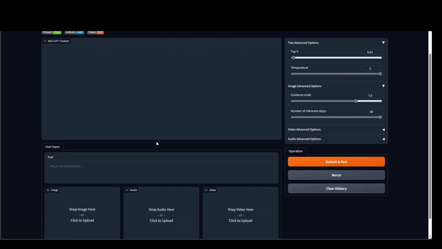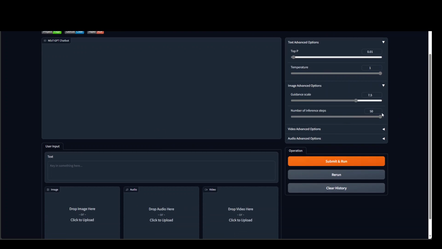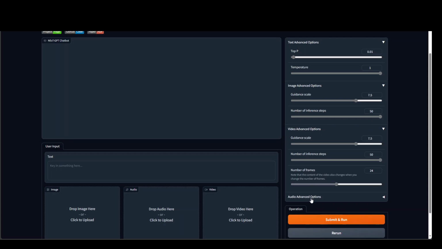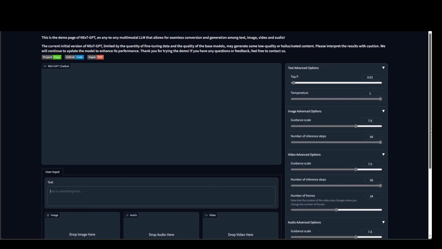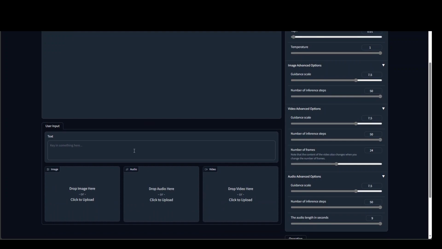It is loading. Let's wait for it to load. While it loads, on this demo, if you look at the right hand side, we have few of the parameters like top probability and then temperature, which select the randomness and few other things which you can leave on the default, and you can customize it for text, for video, and for audio. Cool. Now let me show you how it works. Let's say I want to renovate a bathroom and I want some inspiration from this LLM. So I'm going to ask it,